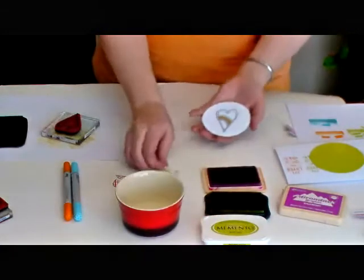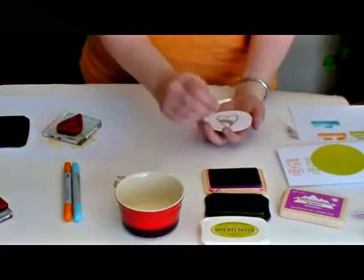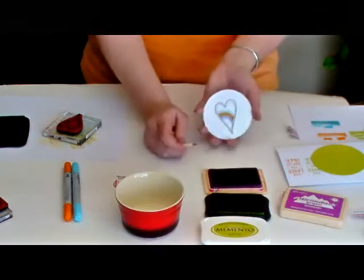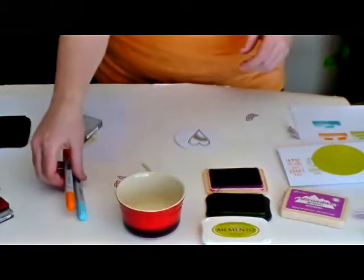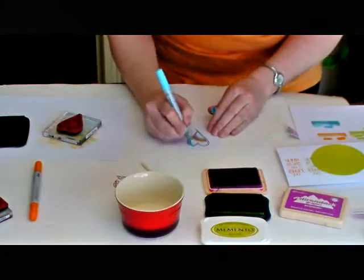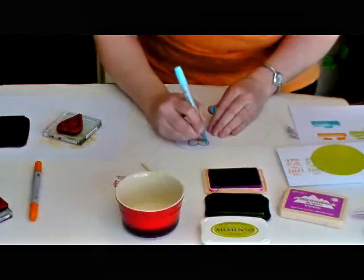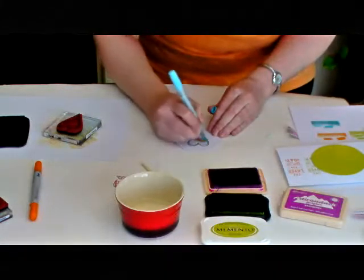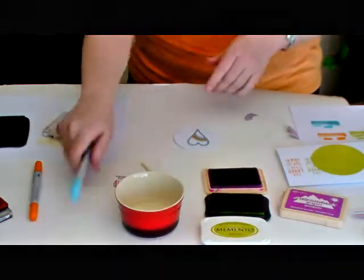Now, this technique with the nibs doesn't really work for a big thing that you're drawing or filling in with color, but it does work on smaller images where you just need a touch here or a touch there. Okay? We also need to color the outside of the heart, so I'm going to do that in blue. Just watch the outside of the heart because that will show. You don't want it to run. Okay. All right, now we can glue